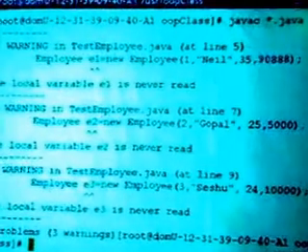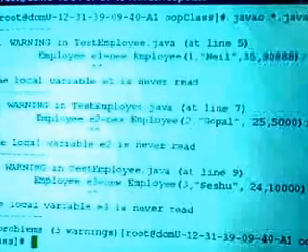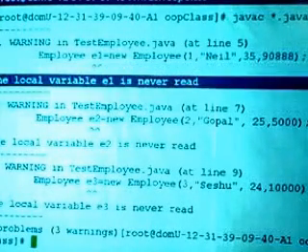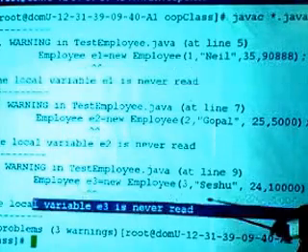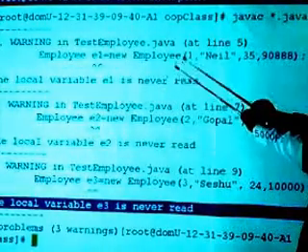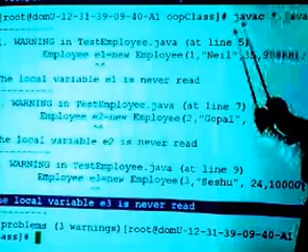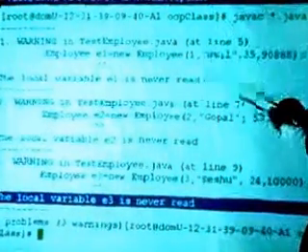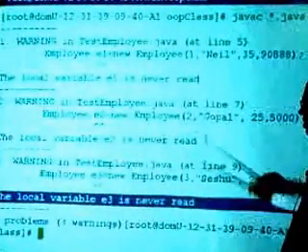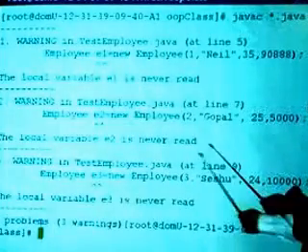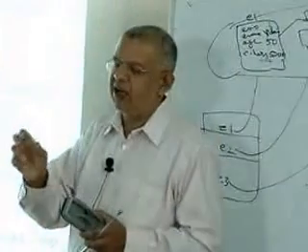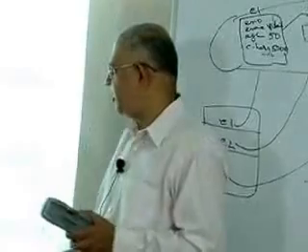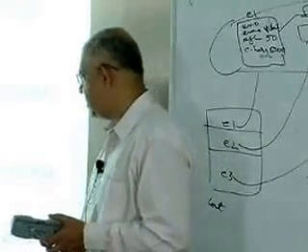Oh, we still get a warning. Why is that? Oh, now it's saying local variable E1 is never used. Oh, that's a different kind of warning. We are not using those variables, even E2, E3. But now the static warnings have gone away. This is because we just created E2, we created E3, we never used them. The other warnings have disappeared. That is very important to remember. The warnings which were coming because of strange usage of count have disappeared. Anyway, let's run it and let's see the answer.